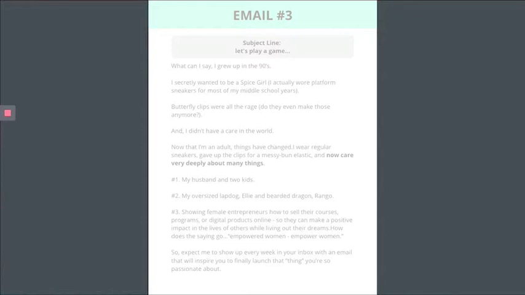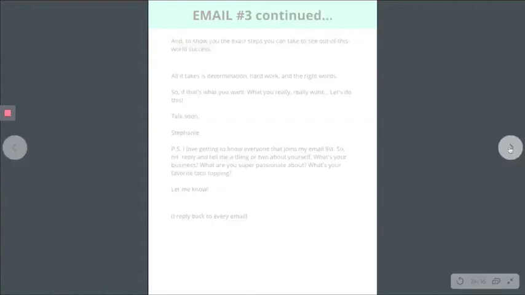I know a lot of people feel like when they sign up for something free that they're automatically going to be pitched something else, that they're going to be sold to. So I just want people to know that if they can stick around through this welcome sequence, basically, that they're just going to get inspirational tips and advice and things in my emails. So, if that's something that they look for, they can make sure that they keep an eye out for my emails. And then this email continues on,